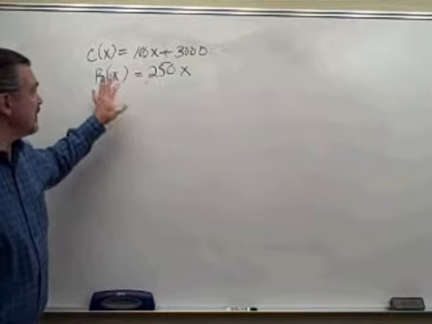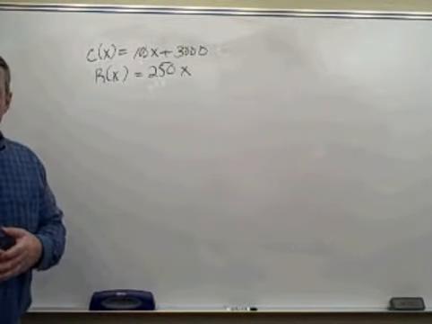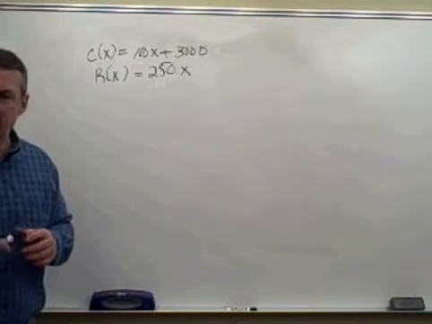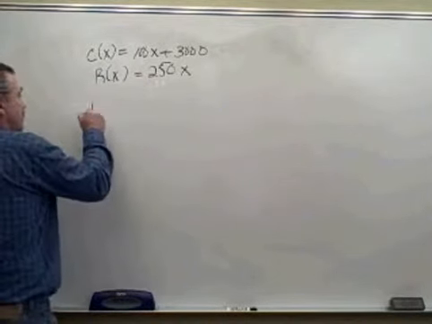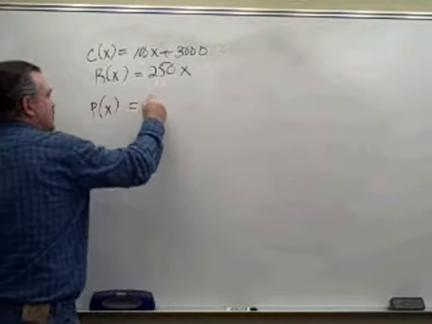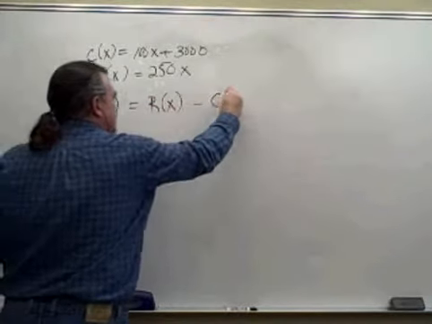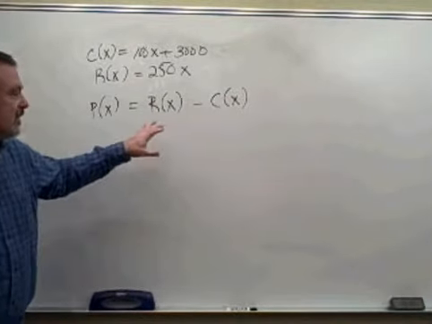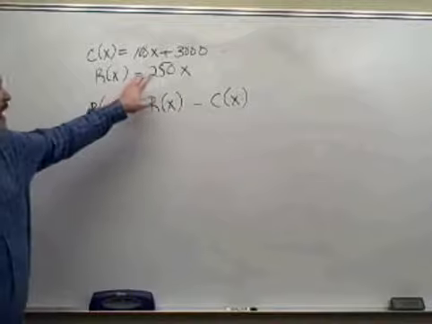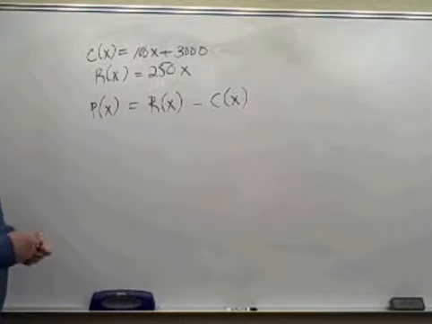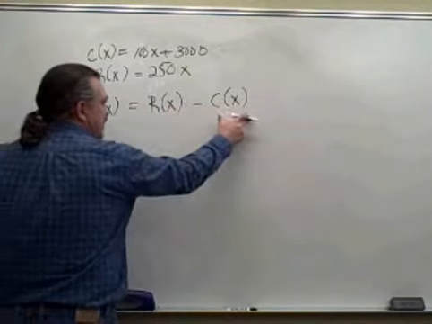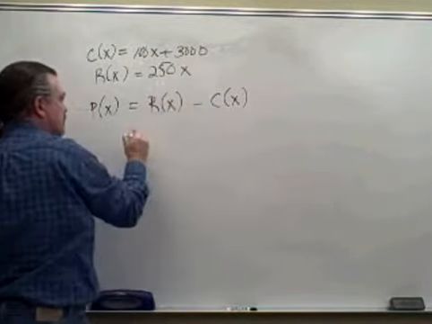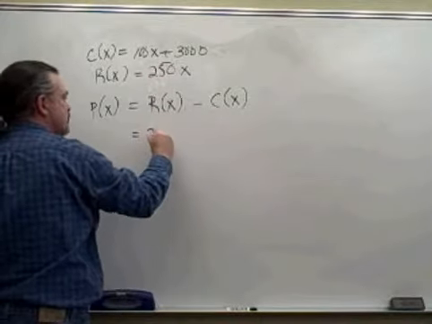Well, when you're dealing with cost and revenue, one of the functions additionally that you want to create is a profit function. Profit is equal to your revenue minus your cost. So we can create a profit function from our revenue and cost functions. We'll simply replace R of x and C of x with their expressions. R of x is equal to 250x